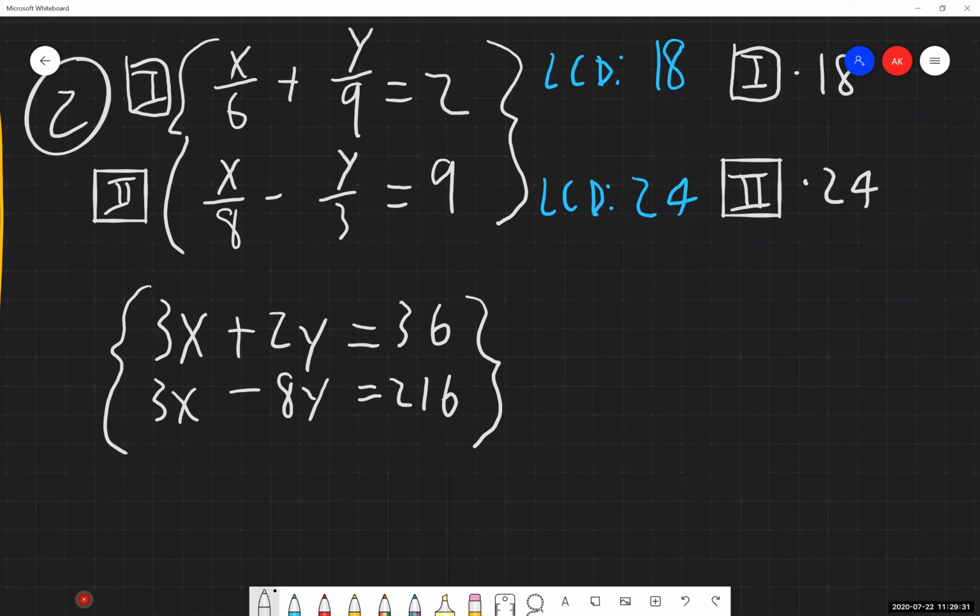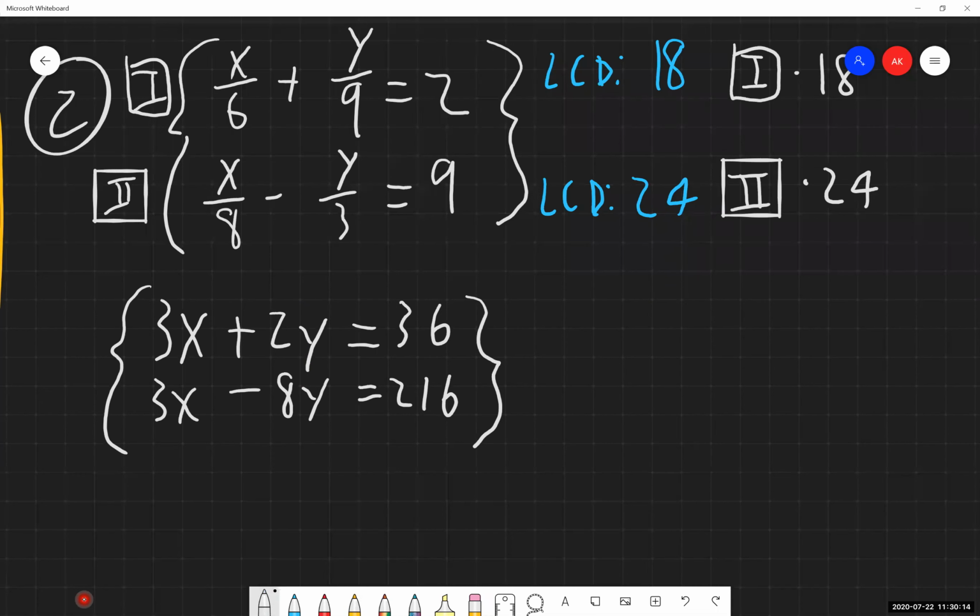So looking at this, we can eliminate the x's or we can eliminate the y's. The x's already have the same value. We just need one of them to have opposite signs. If we look at the y's, I could multiply that 2 in the first equation right here by 4, or use the entire equation by 4. So that way, these two things are going to be additive inverses, a positive 8 and a negative 8. And either option that you choose to use will absolutely work. It's your call. We solved for x last time, so for this instance, let's eliminate x.